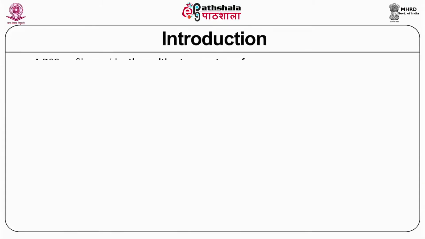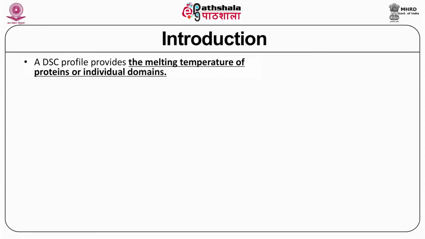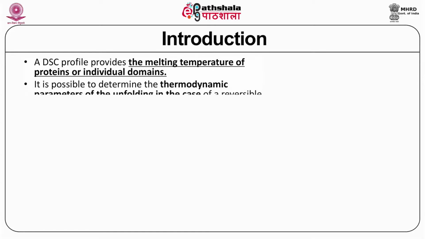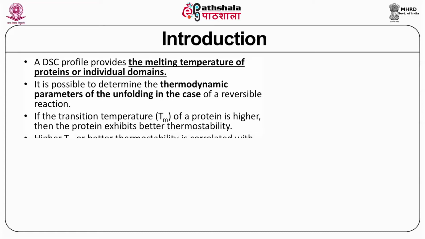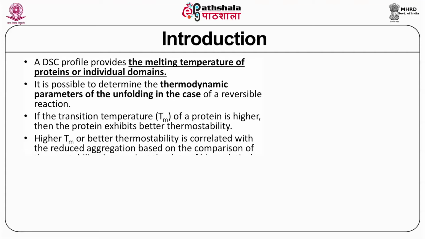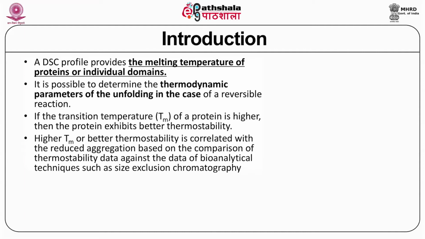Basically, the DSC profile, when you do an experiment, provides the melting temperature of any macromolecule you are studying, or of any individual domains. What do we mean by melting temperature? It is measured as a function of temperature. In ITC we never change the temperature; we are trying to see what heat changes come out, and whether this heat change can be compensated with a power component by using an electrical signal.